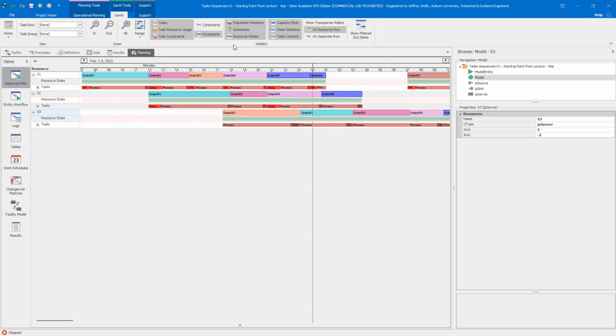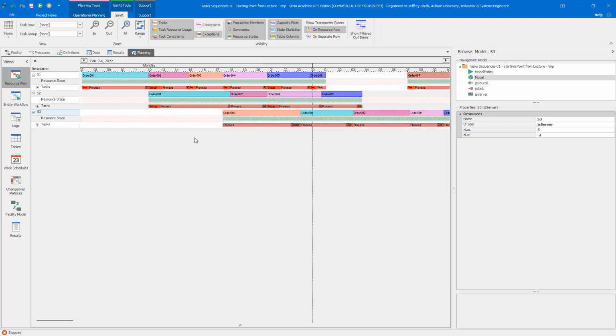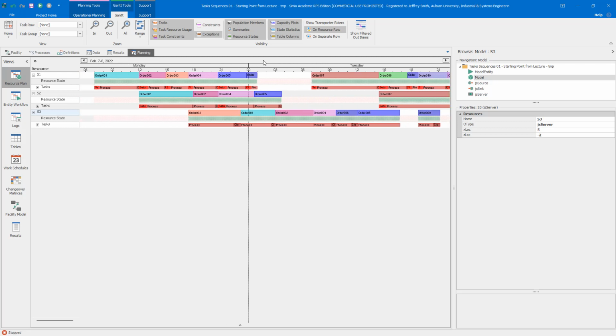Since it's a flexible flow line, when we look at our constraints, of course, everything is waiting here in front of the first server in the flow line. So I'm going to look at that, and then now that we've expanded for S2, we can see a setup, a cleanup, then we can see a process with no setup but a cleanup, then a setup, process, cleanup, and so on. And so we can see for S1, S2, and S3, we've now implemented that logic where based on the table data,